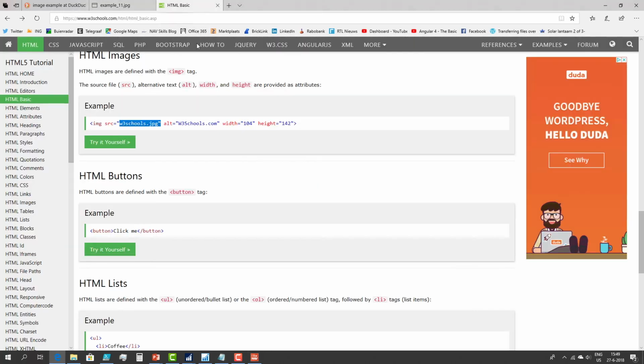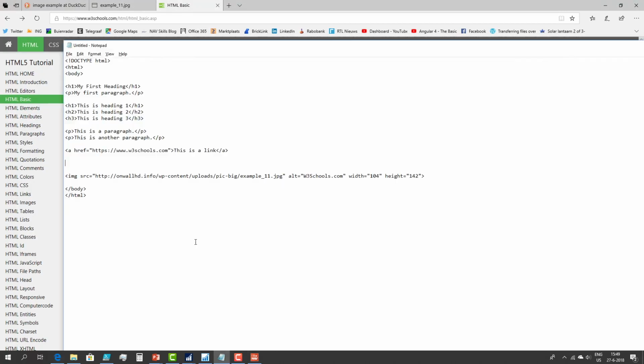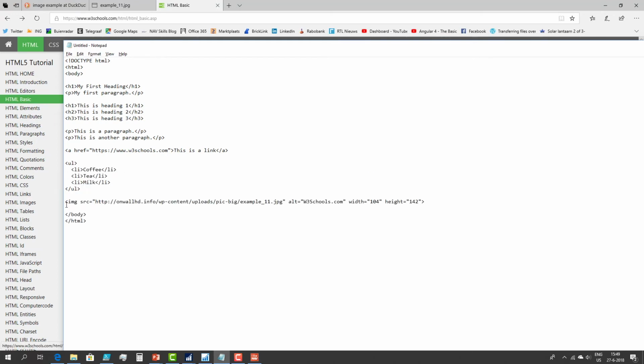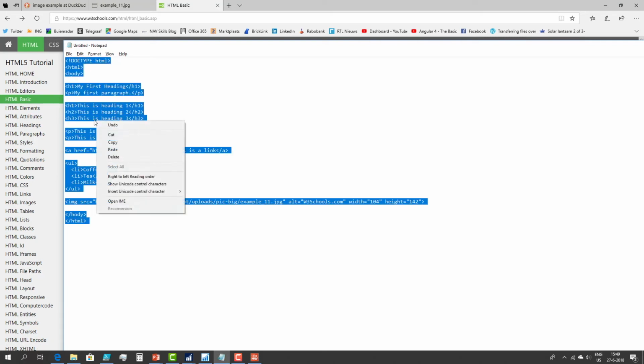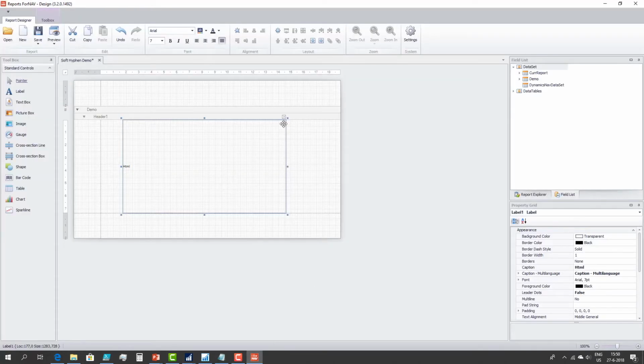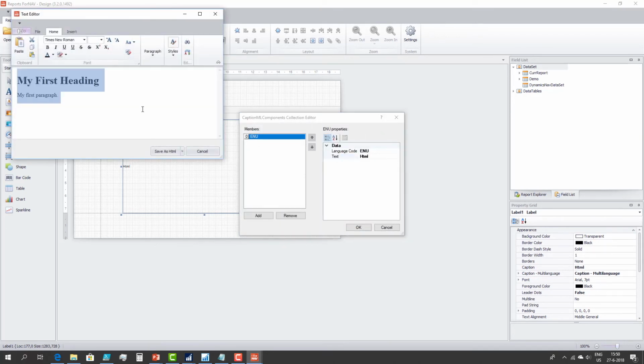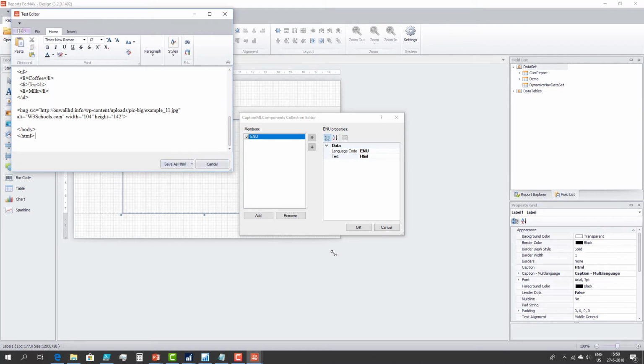And let's see, we have a list. So coffee, milk and tea. We're going to add some coffee, milk and tea to our HTML as well. So here we have the HTML, and let's copy that, and let's go into ForNAV, and let's paste this here,